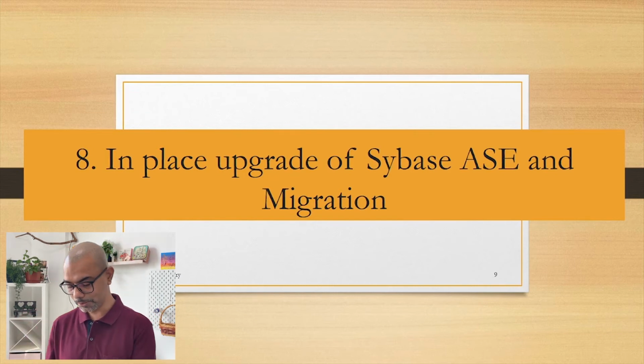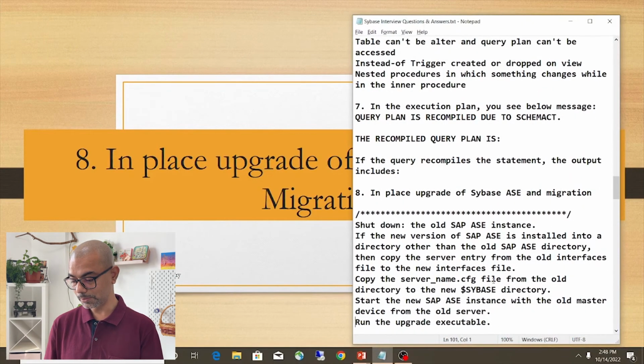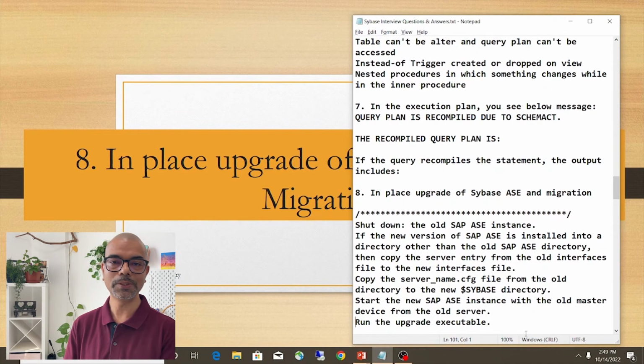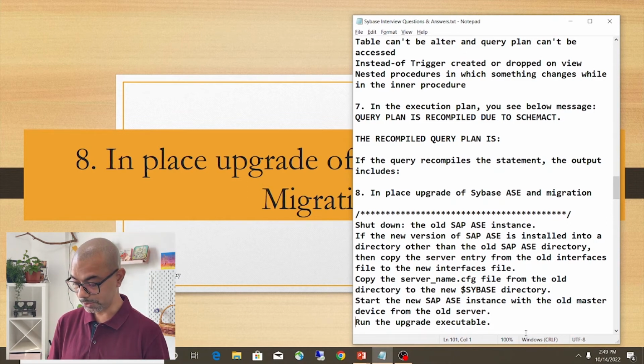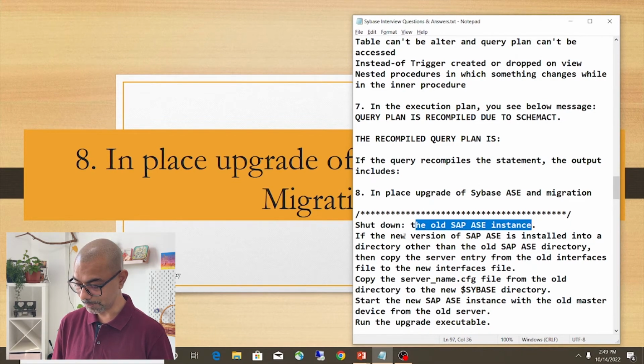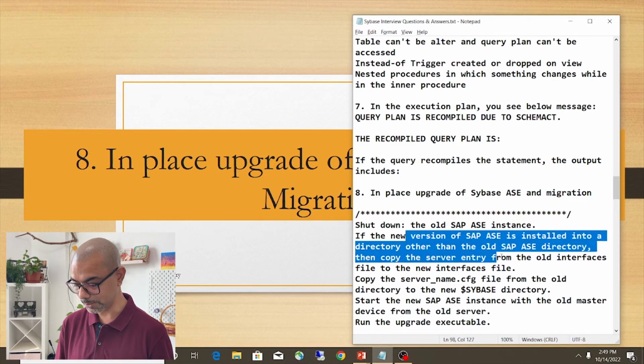Okay, so there are multiple ways of doing that. Let's see a few options. Here we are covering the upgrade from 15.7 to 16, because this is the latest one we have. First thing is to shut down the old SAP ASE instance. Then, if the new version of SAP ASE is installed into a different directory than the old one, which obviously will happen,